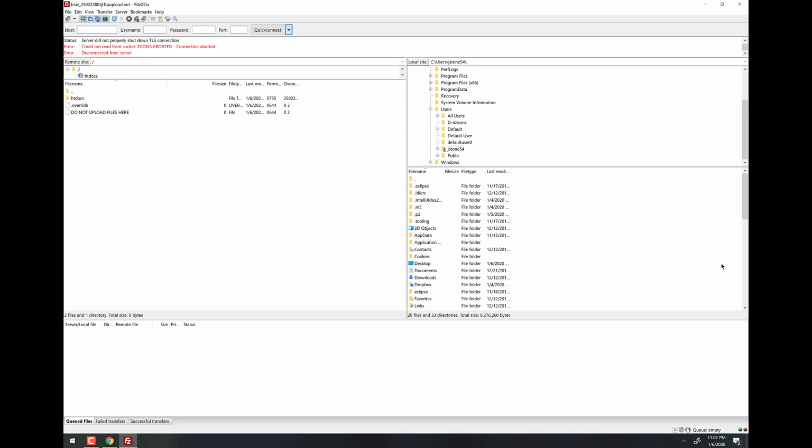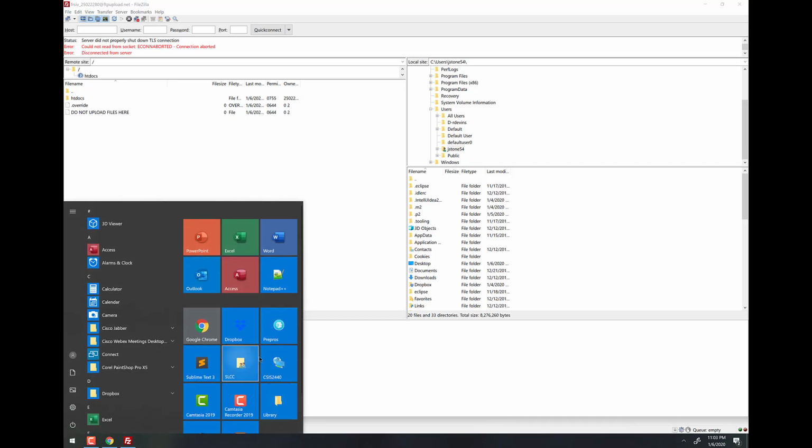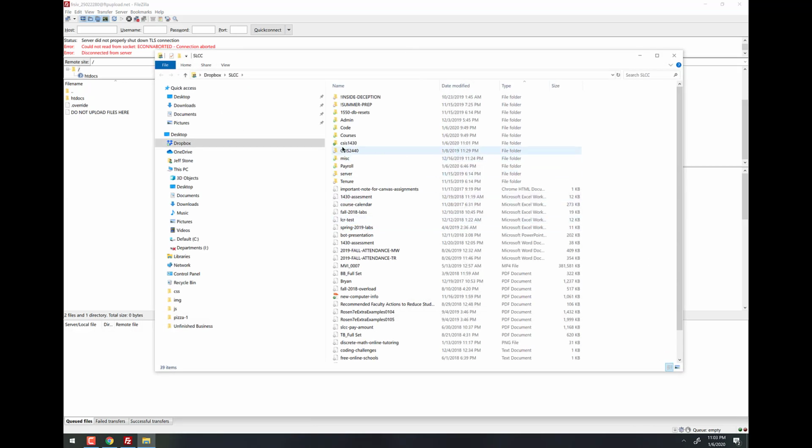The last thing we're going to do now is move some files from our local machine to our server. An assignment that you had a couple of assignments back, I think this was actually in module 0, you had to set up a 1430 folder, right? So somewhere on your hard drive you have this CSIS 1430.